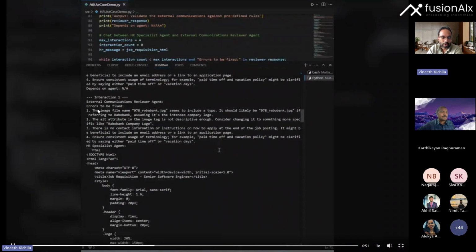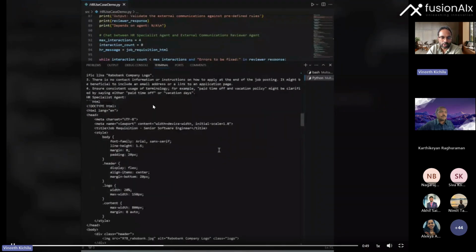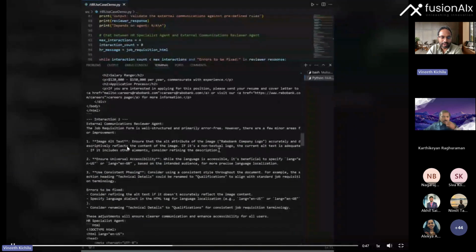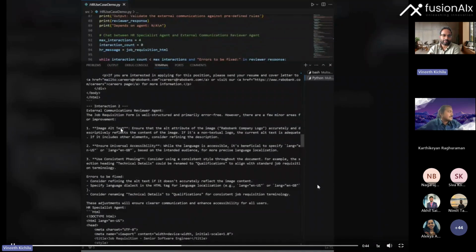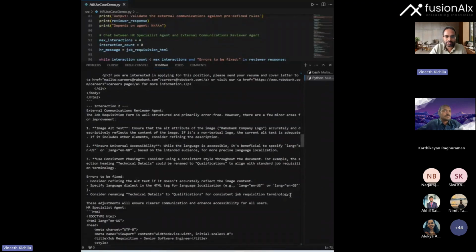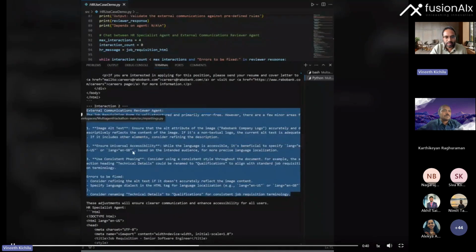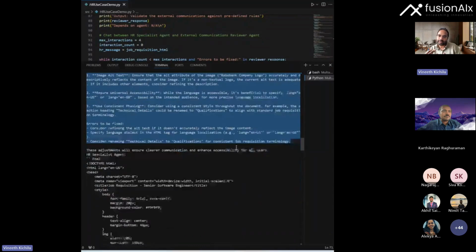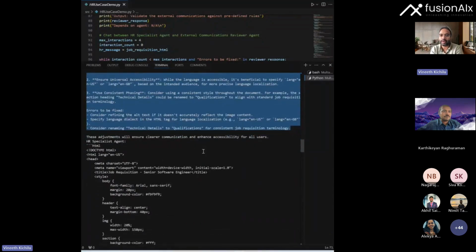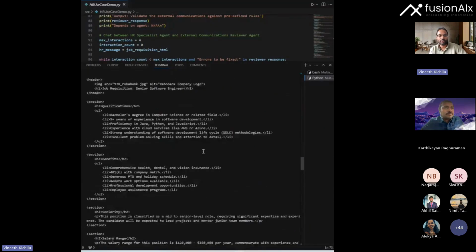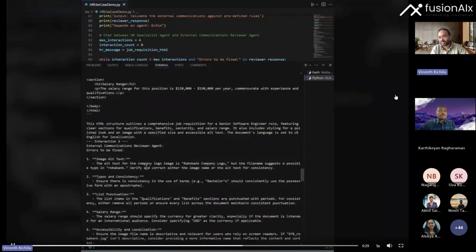In interaction 1, it says, "Hey, I didn't like it, the logo is wrong, go fix it. I didn't like the grammar." Then it does interaction 2. When it came back again after fixing, it says again, "I didn't like these parts. There's no consistent spacing, ensure universal accessibility." It does that chat 5 times until it is satisfied. And once it is satisfied, it actually makes an exit and then goes and does that particular consensus for the final execution, right? So that's pretty much how that group chat concept works.